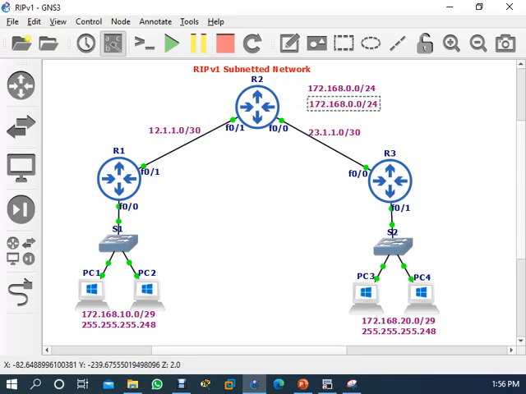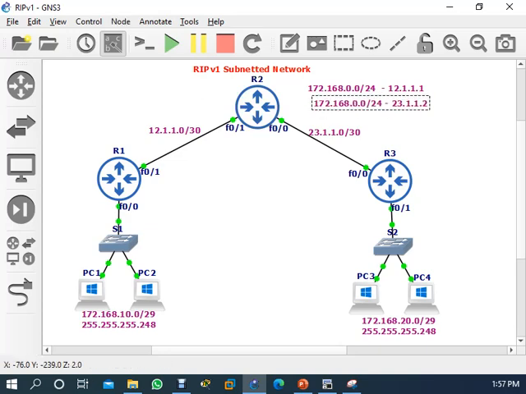That's why he's saying that I am receiving this update from 12.1.1.1, and I'm also receiving this update from 23.1.1.2, like this.